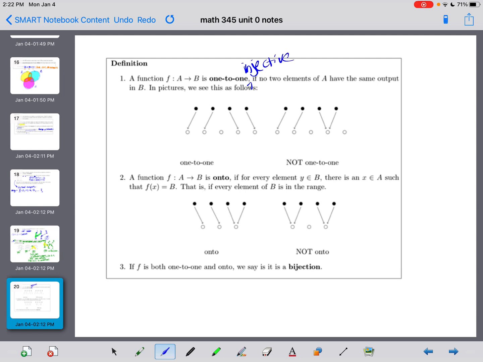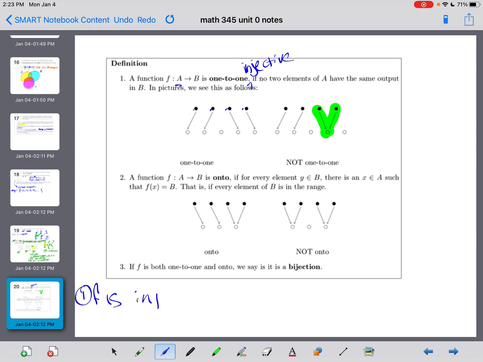So a function f from A to B is one-to-one or injective if no two elements of A have the same output in B. All right, so for example, this is one-to-one because every element of the domain gets its own unique output. But the second example is not one-to-one because we have two elements of the domain that have the same output. So just to be clear, another way of describing this property of being one-to-one is by saying that if you take two distinct elements of the domain A, you're guaranteed to get two distinct elements in the codomain. In other words, we could say that, let me do this down below,